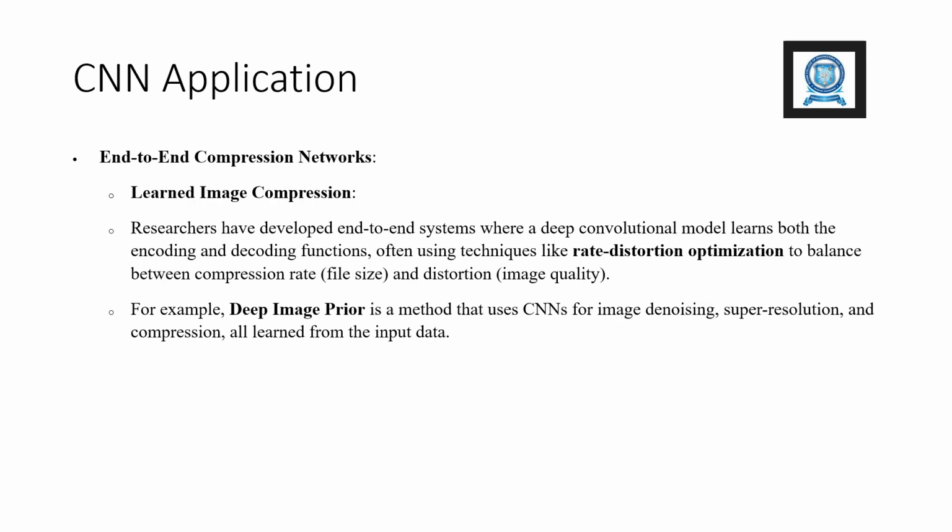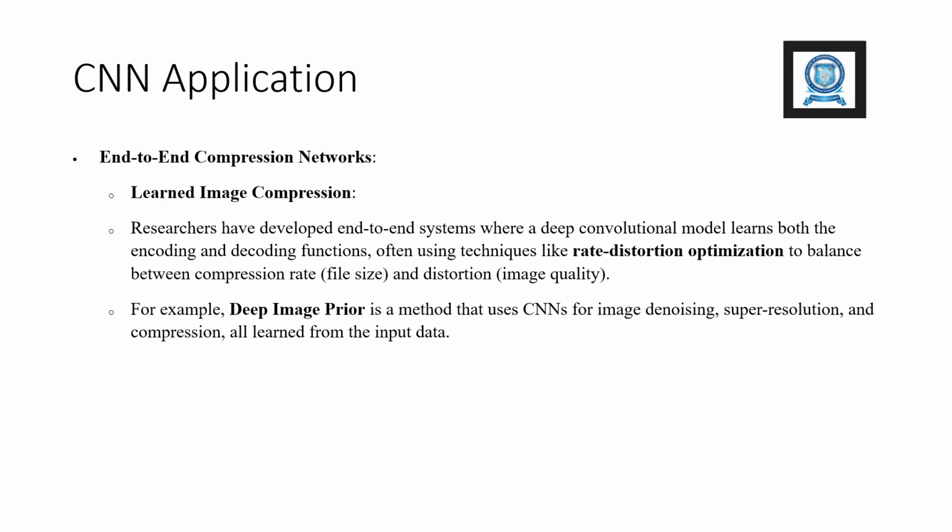End-to-end compression networks. Learned image compression. Researchers have developed end-to-end systems where a deep convolutional model learns both the encoding and decoding functions, often using techniques like rate distortion optimization to balance between compression rate and distortion. For example, Deep Image Prior is a method that uses CNNs for image denoising, super resolution, and compression, all learned